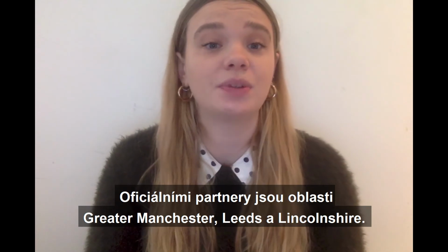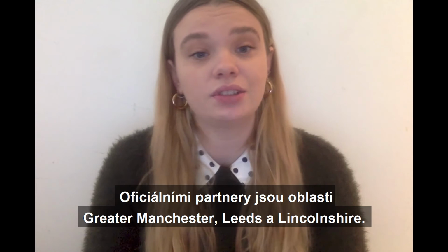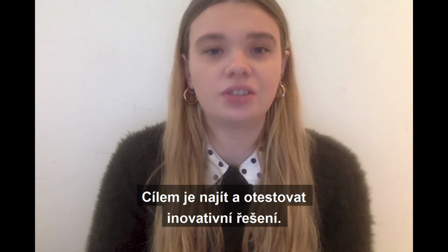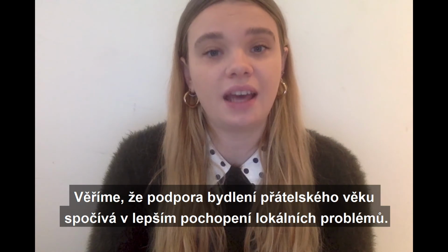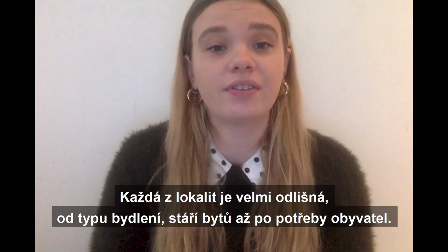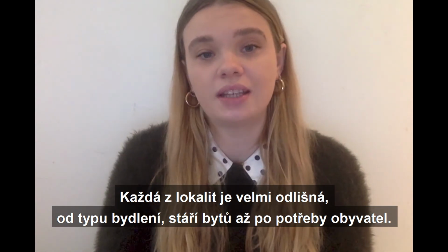We also have 3 areas which we have official partnerships with. These are Greater Manchester, Leeds City Council and Lincolnshire County Council. The purpose of these local partnerships is to work with the local authority to research and trial new innovation. We strongly believe a lot of answers to the problem of age-friendly housing lies in understanding the local problem. Each geographical area is very different, from type of housing, age of the housing stock, and simply the wants of